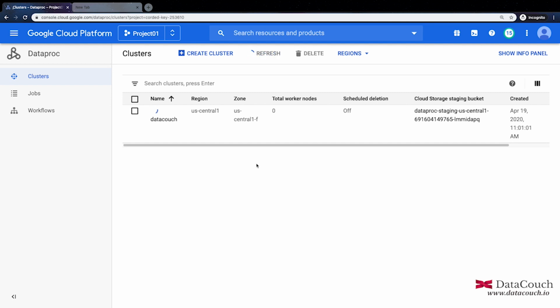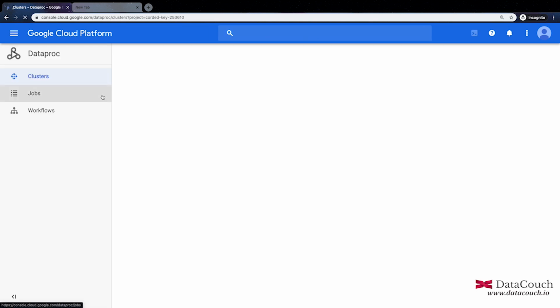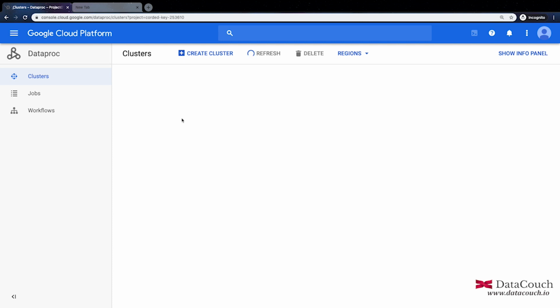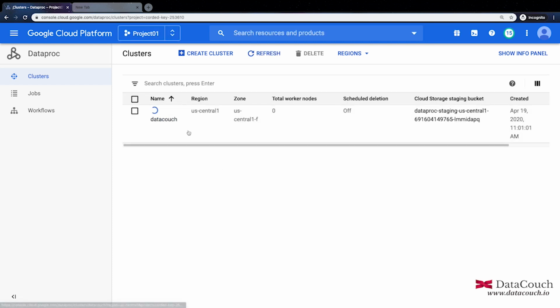So I am creating a one node cluster. This is called pseudo distributed mode. Pseudo distributed mode means there is only one machine where all the processes of Hadoop, Spark, Hive, Kafka, and many other technologies will be running. So there is only one virtual machine running, and all the processes will be running inside this. So I'm just waiting for this cluster to come up. I'm refreshing the screen so that I can see whether the cluster is up or not. It's still taking time.